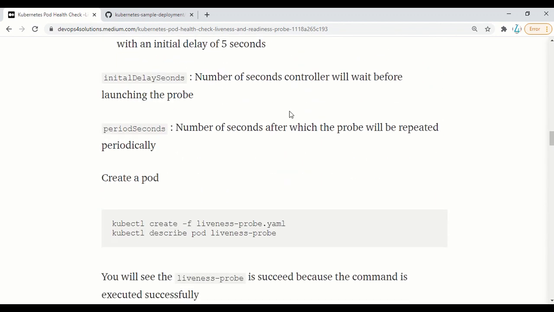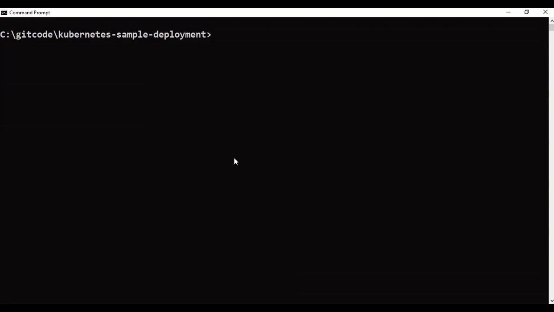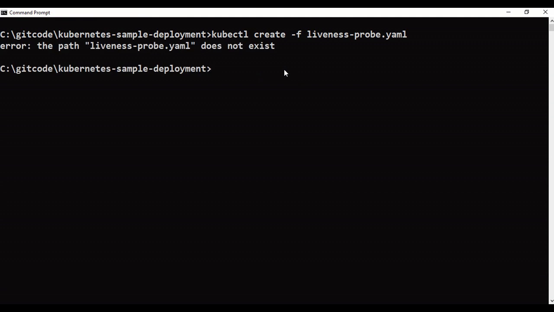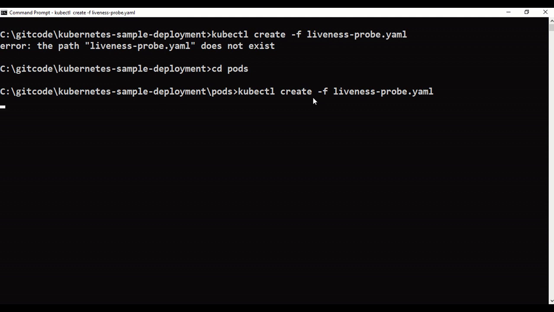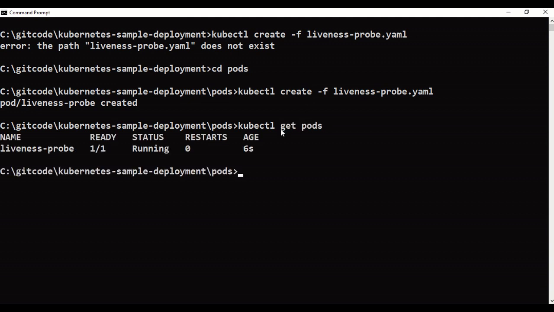Okay, so now let's create this liveness probe pod. I'll just copy this command and run it. Okay, you can see that it has created the pod. Here you can see kubectl get pods. And let me describe the pod liveness probe.